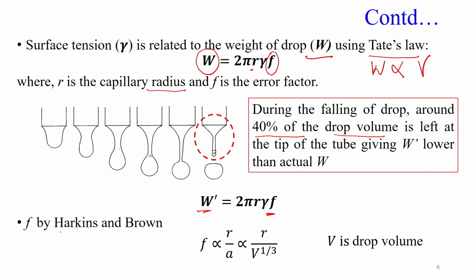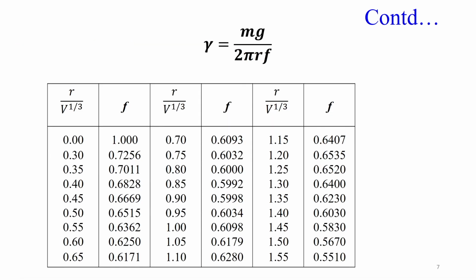So, Harkins and Brown proposed the error factor as a function of r upon a. R is the size of the capillary, a is the size of the drop, and as we know a is a function of drop volume to the power 1 by 3. So, we can say this correction factor or error factor is a function of the size of the capillary divided by the size of that drop. The weight of the drop W we can calculate simply by W is equal to m into g,